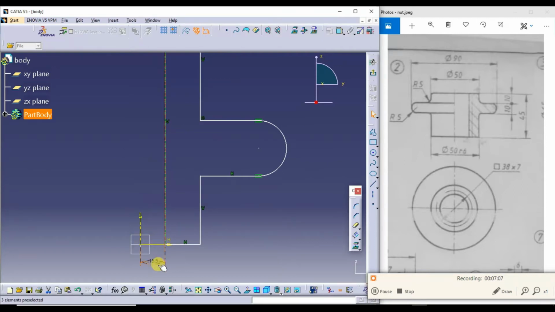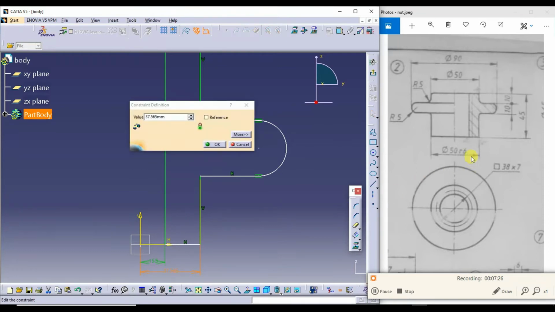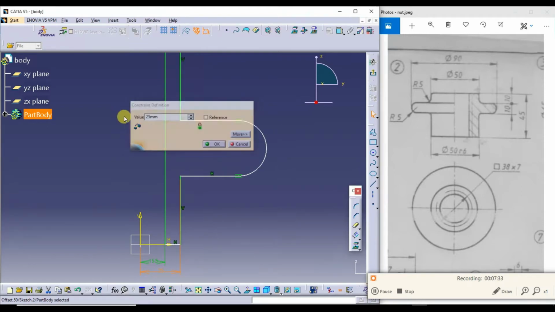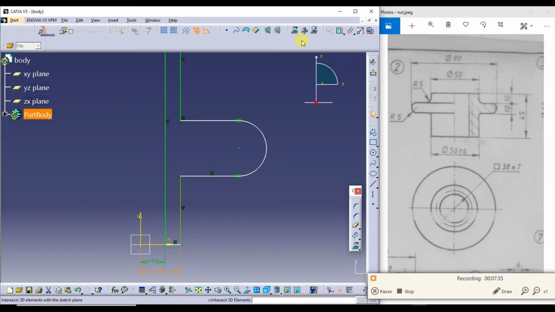So this is the minor diameter of this screw thread. Next, simultaneously you double click on this so that you can give the dimensioning continuously. This is here 50. Half of 50 is 25. So this is 25.